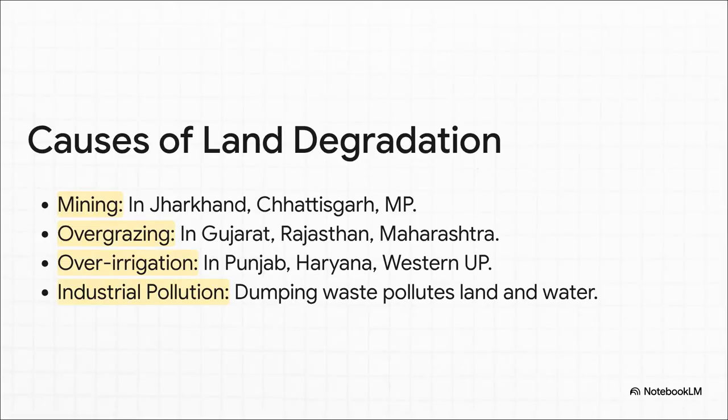Okay, everyone, notebooks out. This is 100% Paka exam question. What are the main causes of land degradation? Here are the points you absolutely have to write. 1. Mining in states like Jharkhand and Chhattisgarh leaves deep scars on the land. 2. Overgrazing by animals, especially in states like Gujarat and Rajasthan. 3. Over-irrigation. This is a big problem in Punjab and Haryana. It makes the soil salty. And 4. Pollution from our factories. Just write these 4 points, give the state examples, and I guarantee you will get full marks.